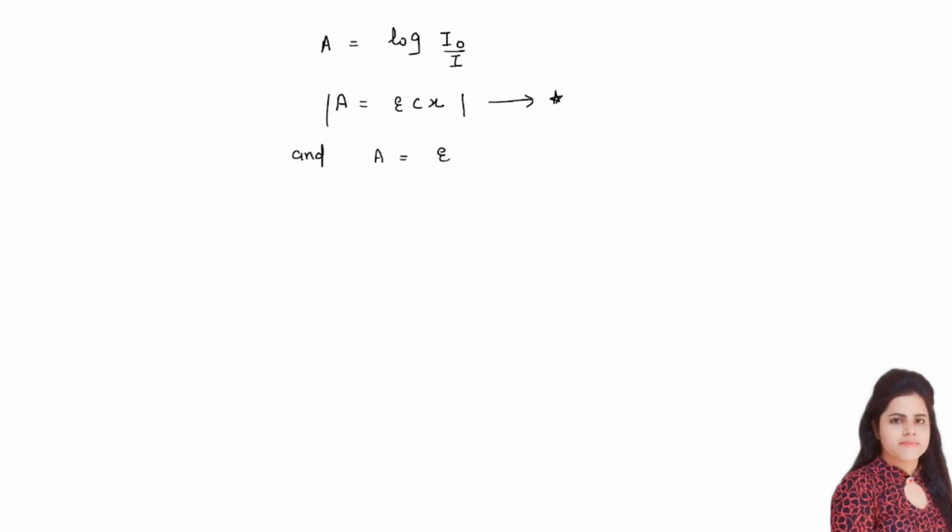A can become equal to epsilon also. When? It can happen when your C and your X become unit quantity. C is concentration. Suppose your concentration is 1 mole per liter. X is suppose 1 meter. You can use other small dimensions also like centimeter, decimeter. So if your concentration and X are unit quantities, then your absorbance will become equal to molar extinction coefficient.